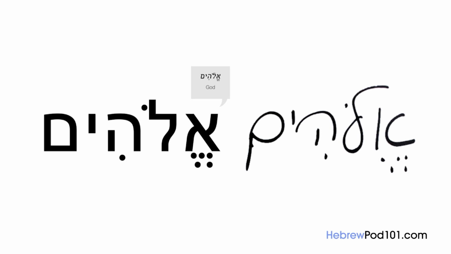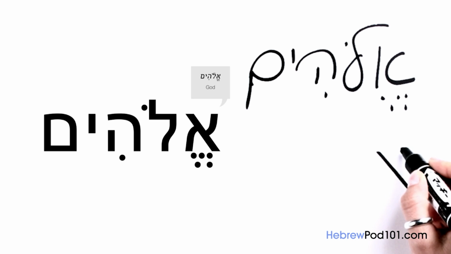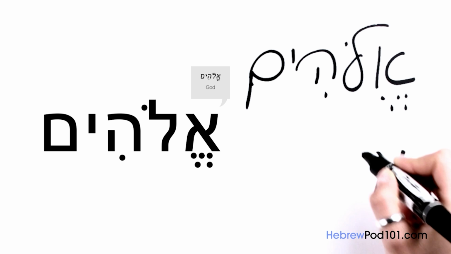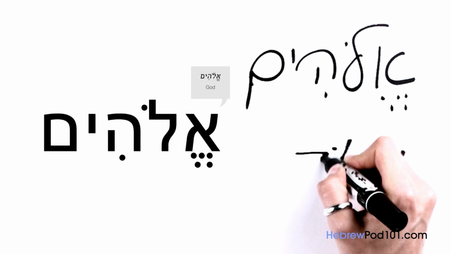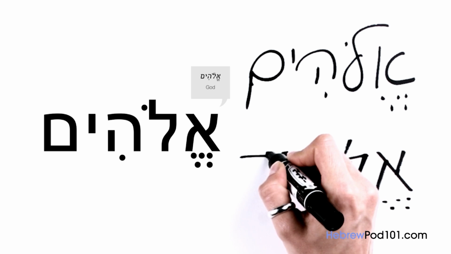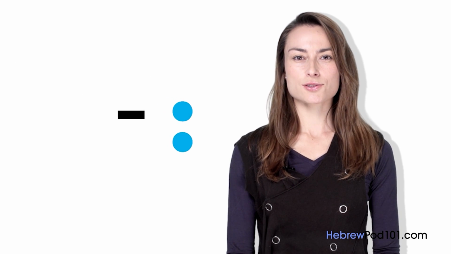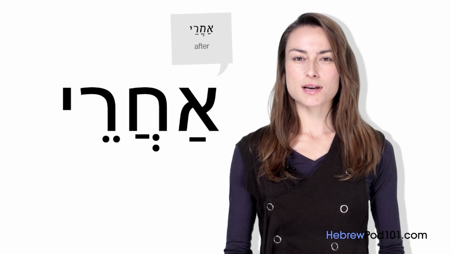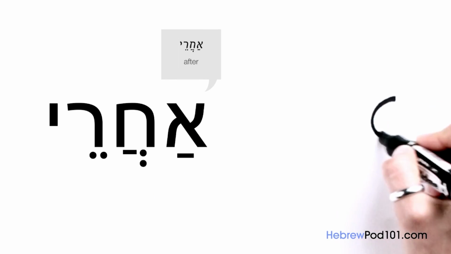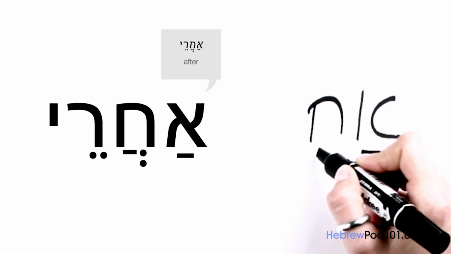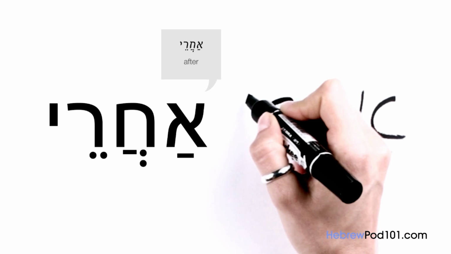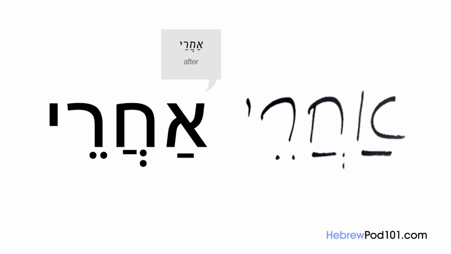Elohim. And in print, Elohim. The second one is reduced patach. Add shva to the patach and it reduces the sound a. For example, acharei, which is after. Acharei. And in print,